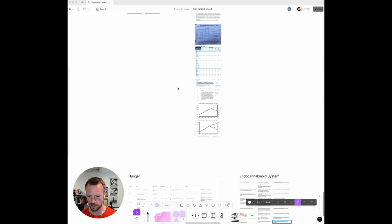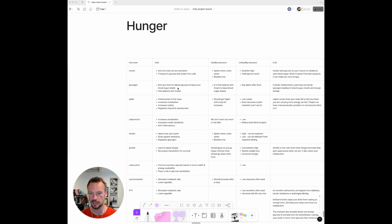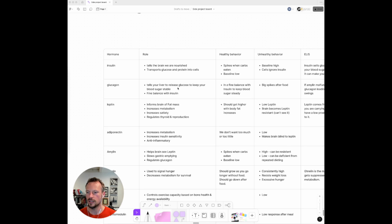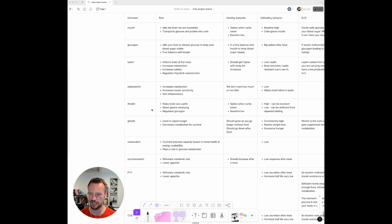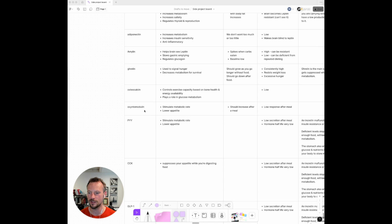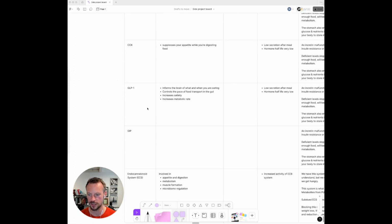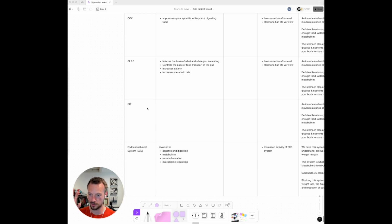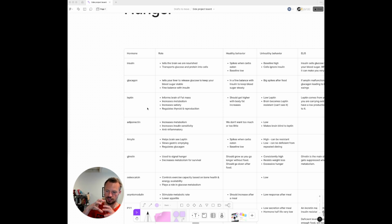So what I did was I wanted to break down hunger, the key hunger hormones and how they work. I'm not going to go into any of these specific studies, but there are these key hormones in the human body, right? You have insulin, glucagon, leptin, adiponectin, amylin, ghrelin, osteocalcin, oxyntomodulin, PYY, CCK, GLP-1, which everybody now knows, GIP, and something else called the endocannabinoid system, which we're going to jump into. Fundamentally, these things start to get dysregulated for different reasons, and they break for different reasons, and that leads to metabolic disorder, and then that will lead to increased calorie intake or food substrate intake, and then you end